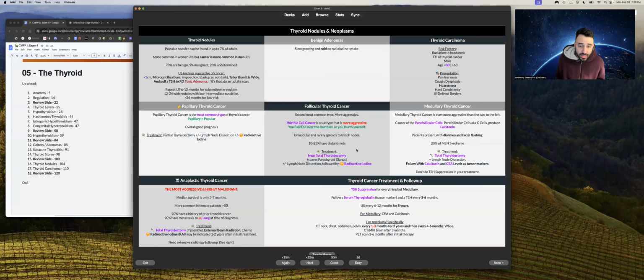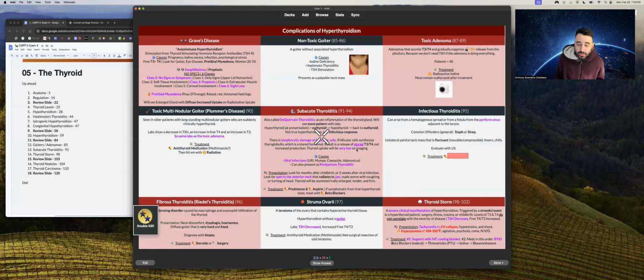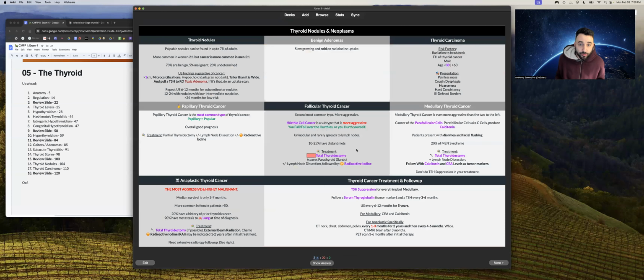All right. Anaplastic, again, yeah, you're getting that CT every 1 to 3 months for 2 years. That's crazy. Infectious thyroiditis treatment. Staph or strep, so antibiotics. All right, middle here, follicular thyroid cancer. Again, this is that more aggressive bucket. Treatment is,